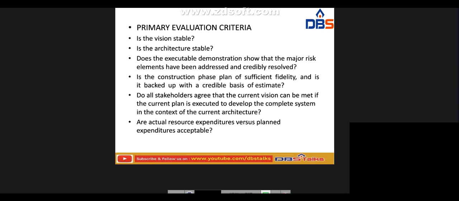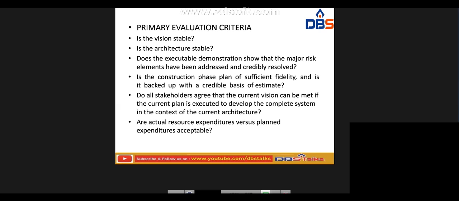Primary evaluation criteria. Here, is the vision stable, is the architecture stable or not, and does an executable demonstration show that the major risk elements have been addressed or credibly resolved? Is the construction phase plan of sufficient fidelity, and is it backed up with a credible basis of estimate? And do all the stakeholders agree that the current vision can be met